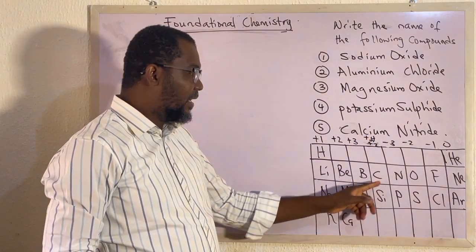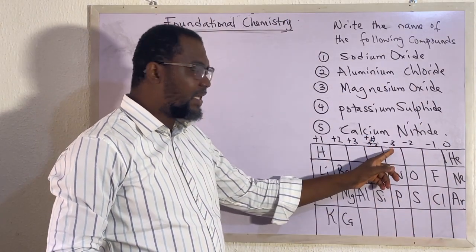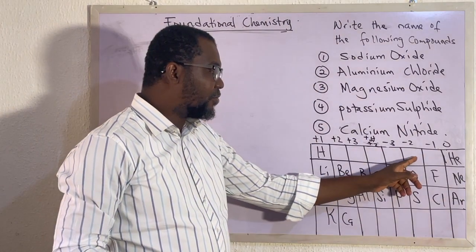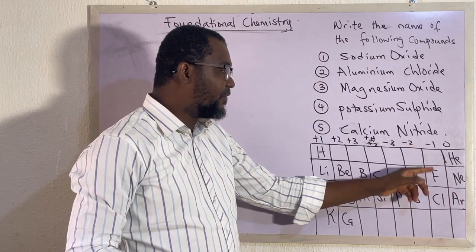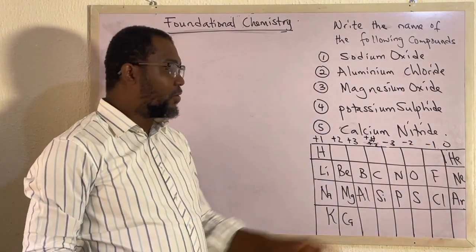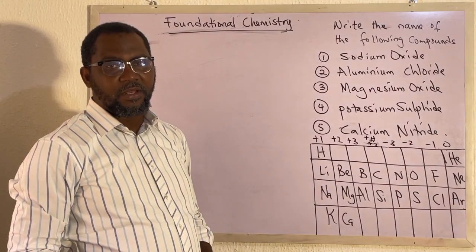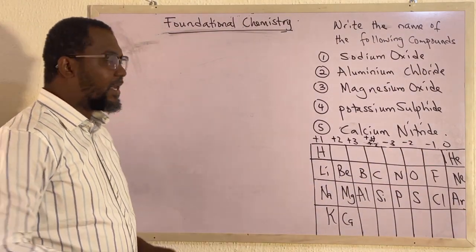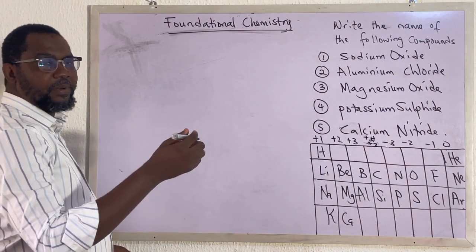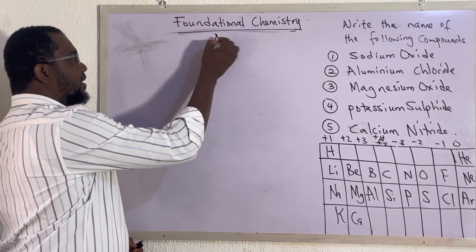You can see that. Group 5 element is -3. So from group 5, group 6, group 7, group 6 is -2. Group 7 is -1. Okay, so in writing the formula of an inorganic compound, it must be